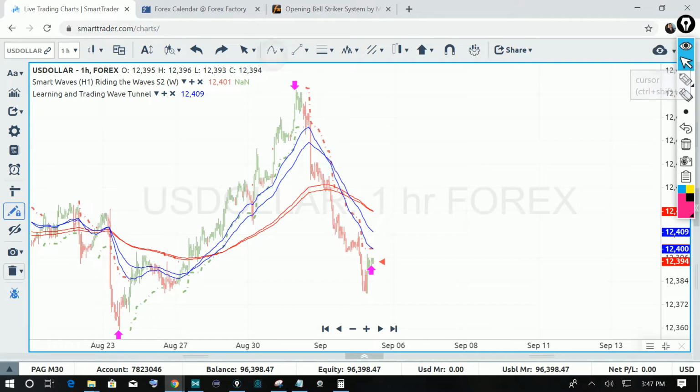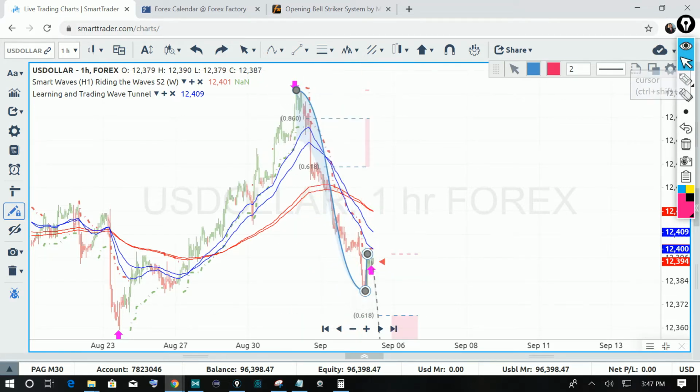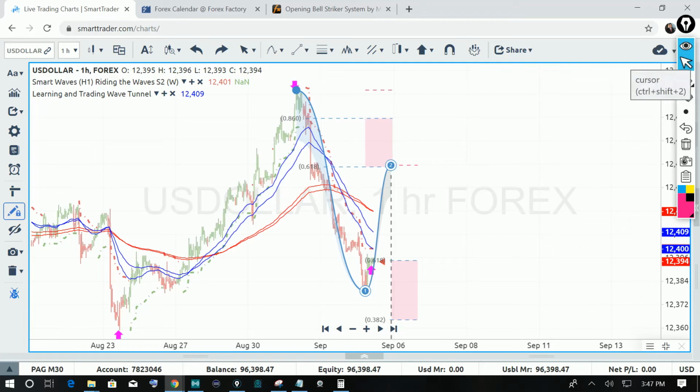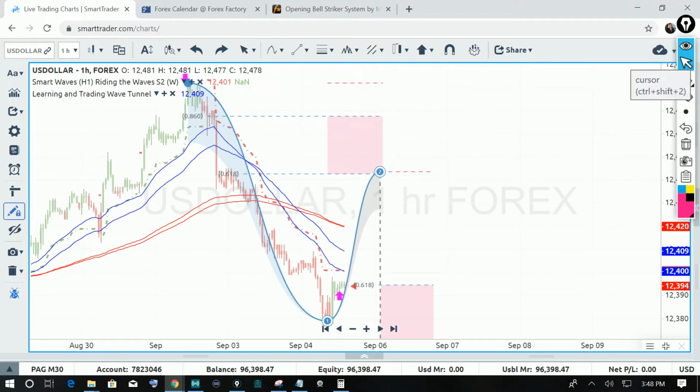Let's go ahead and delete that and start that again. I'm going to plot this up here. I'm going to drag this down here. Get this one perfectly. There we go. Perfect. All right. So what I'm expecting, traders, which is, by the way, our second wave retracement move, I'm expecting that to start pulling back up north.